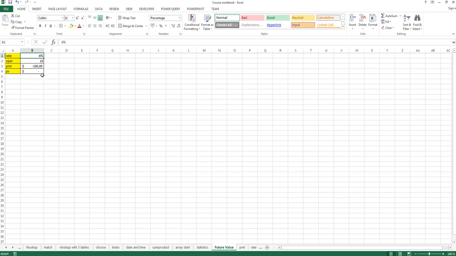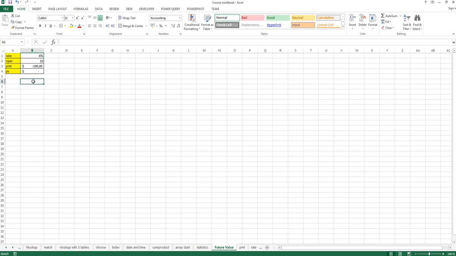So basically in this example we have a bank account which currently, well, the money is 0 in this account, and we will pay $100 each year for 10 years, and we get a 6% interest rate. Okay, and we want to calculate the future value, so the amount of dollars we get at the end of those 10 years. Okay, with the interest we also get.